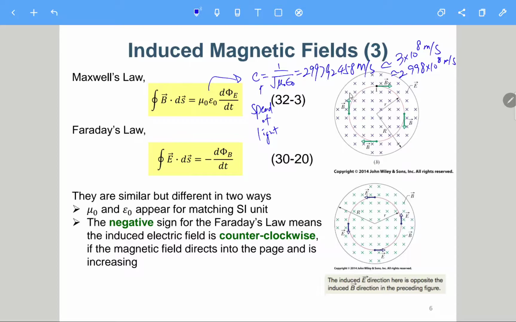So this constant has the SI unit of second square over meter square, because this is meter per second. So if we just take the inverse and then take the square, this term has second square per meter square. And then the next point is the negative sign for Faraday's law means the induced electric field is